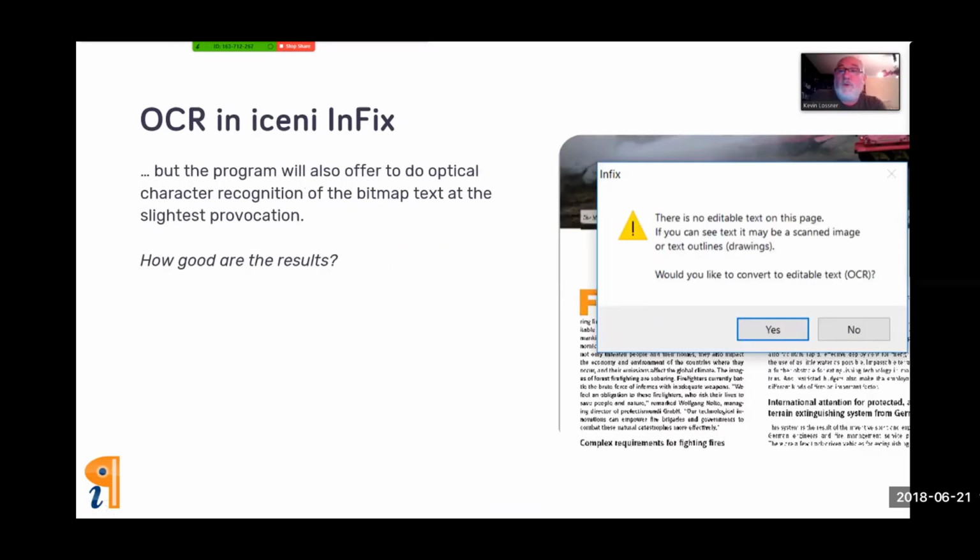Okay, yeah, how good are the results when you do the iceni OCR? Oh, yeah, this